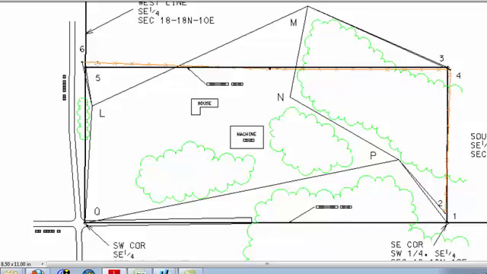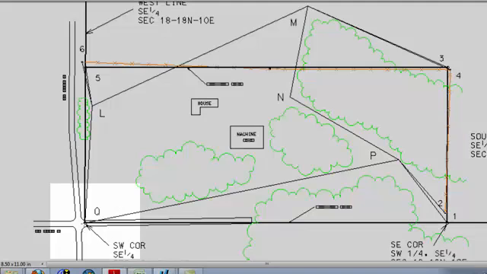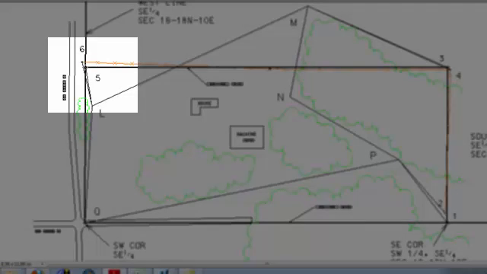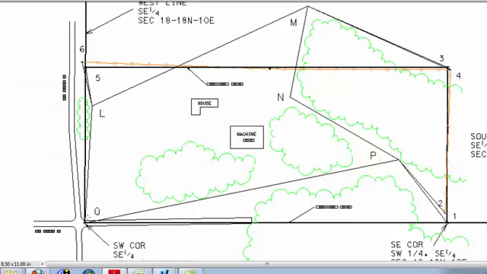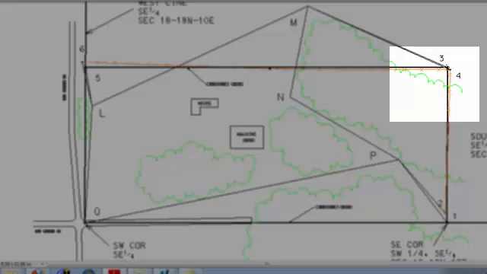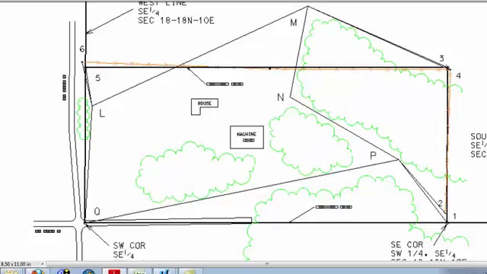In an ideal world, if everything was billiard table flat and no trees grew anywhere, then you could set up an instrument at Q, and you could measure directly to point 1, and maybe even turn the angle over here to point 5. And if all was well, you might even be able to see clearly over to point 3. And it would be a simple exercise in direct measurement and trigonometry, and you could come up with the length of all 4 sides. However, rarely does reality cooperate with us in that way, and we have to work around